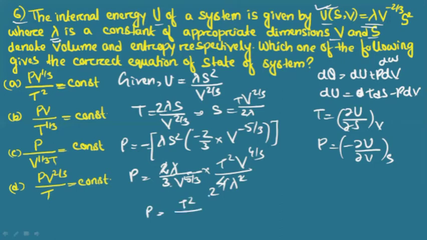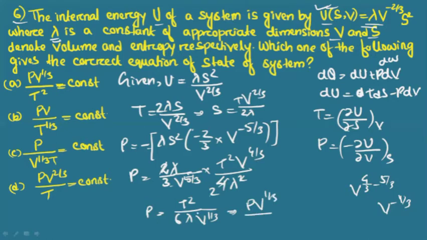Numerator T square, 2 3s are 6, right? Lambda is there, and this one will give you what? V to the power 4 by 3 minus 5 by 3. It is V to the power minus 1 by 3, right? So you will get here V to the power 1 by 3. So you can write this term as